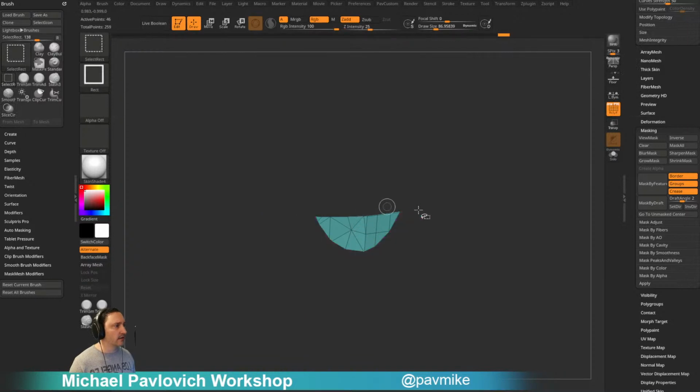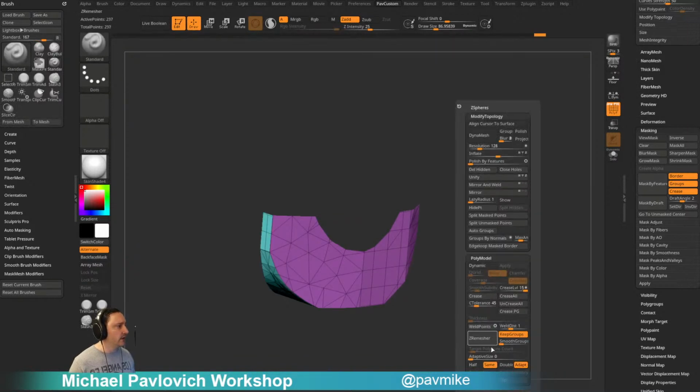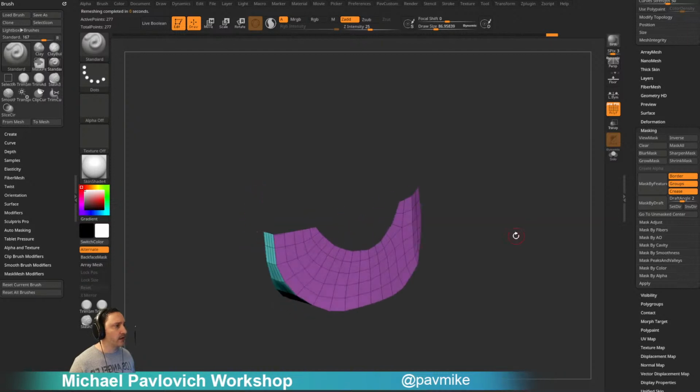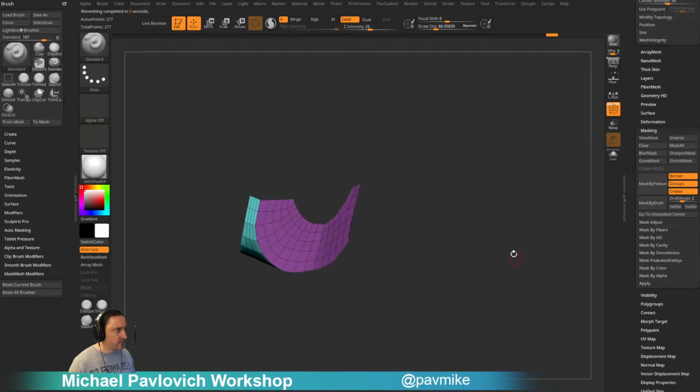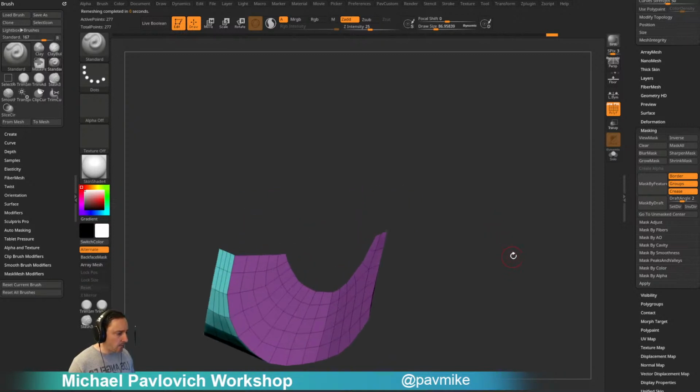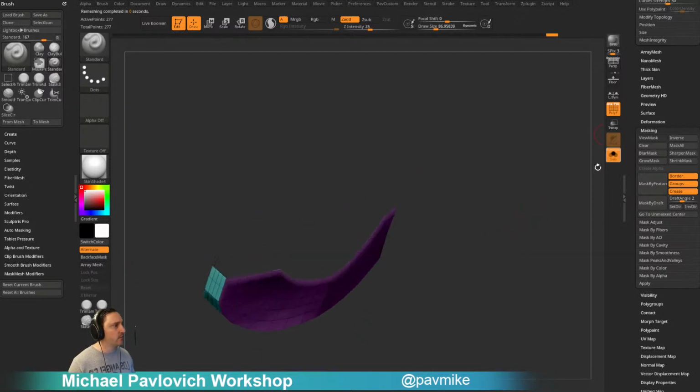And now we've got this one we can delete. And now ZRemesh, keep group, smooth groups down to 0. Now we got a boat shape going. That might be a little bit steep, but you know what? Who cares? And now that I mentioned we don't want the top part anymore, that's not exactly true,